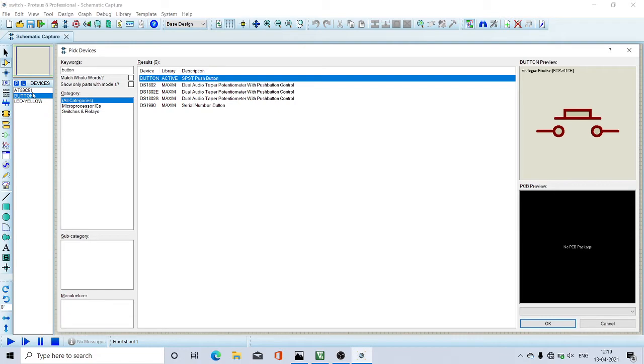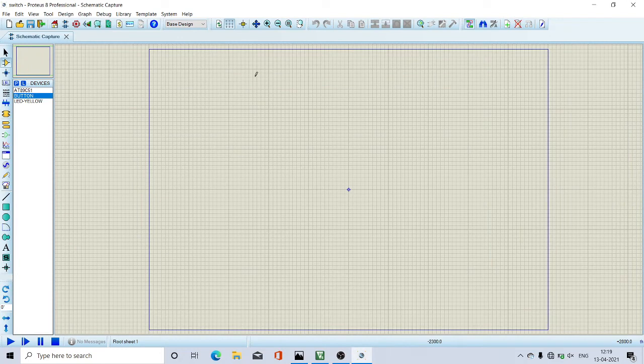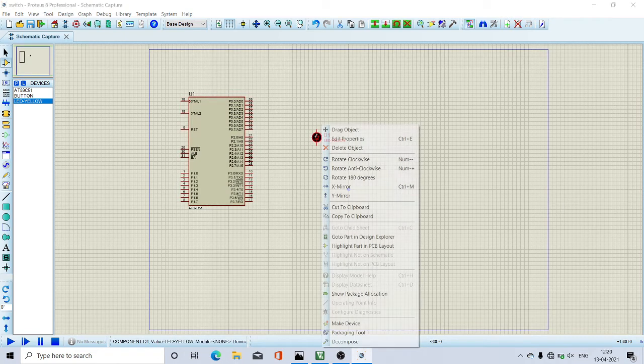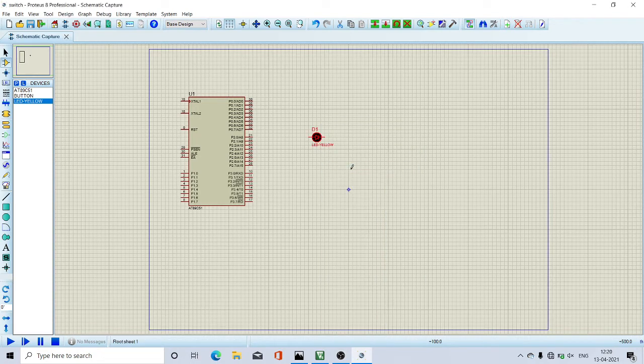So after selecting the required components, close this window, select this controller AT89C51, click in the workspace, you will be getting the controller. Then next click on this LED, and right click, rotate anti-clockwise to change the direction of this LED.